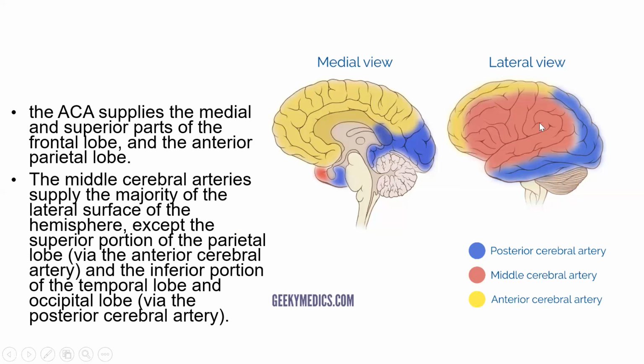So you can see over here, this is the middle cerebral artery that supplies the majority of the lateral surface of the hemisphere, except the superior portion of the parietal lobe via the anterior cerebral artery. You can see the anterior cerebral artery has been denoted with this yellow shade. The inferior portion you can also see over here, in this bluish violet color. This is the posterior cerebral artery. So except for these two places, everything else on the lateral surface is from